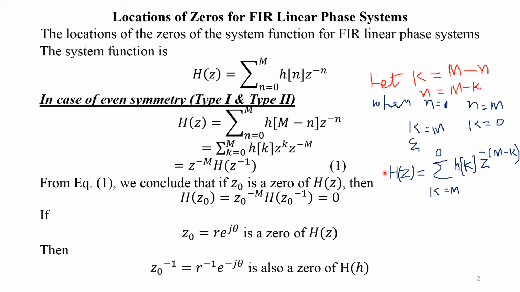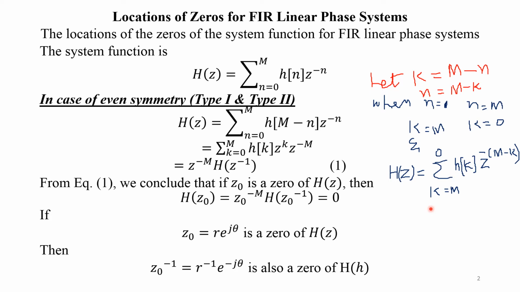So replacing values in this equation, summation n running from 0: when n equals 0, we have k equals M. For the upper limit, when n equals M, you replace n by M, so M minus M will be 0. Again, h of M minus n, and M minus n is basically k, so h of k, z to the power minus (M minus k). In summation you can interchange the limits,